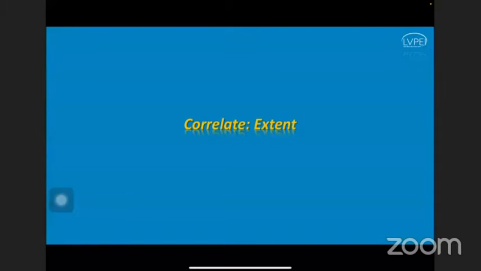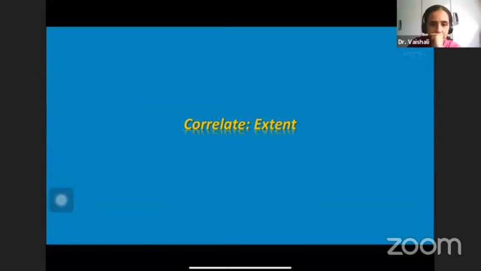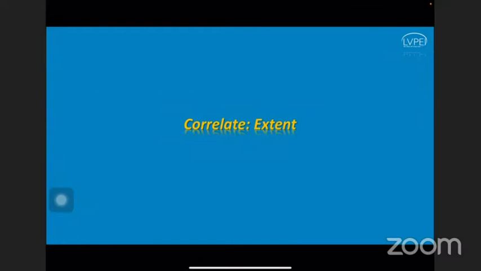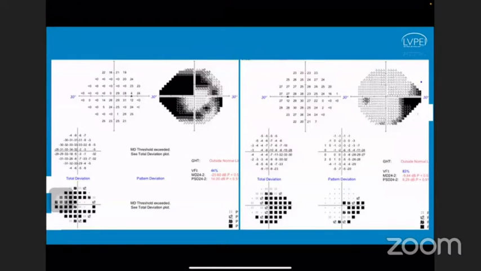Now, what else do we need to correlate? It's not only the location, we also need to correlate the extent. Is the amount of defect that we see on the visual field correlating with the damage that is seen on the disc? And the best example of how you can do it is by forcing oneself to not only look at the extent or the nature of the defect, but also quantify and serialize which of the defects on the visual field are the most significant ones. So if we look at the right and the